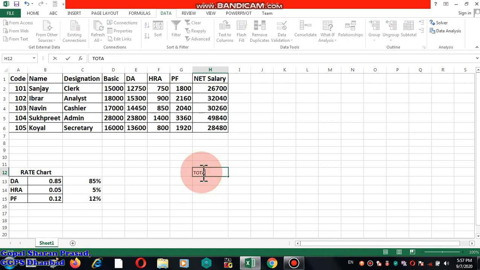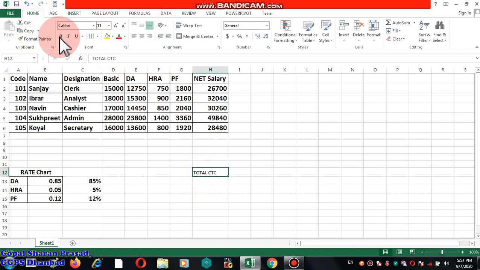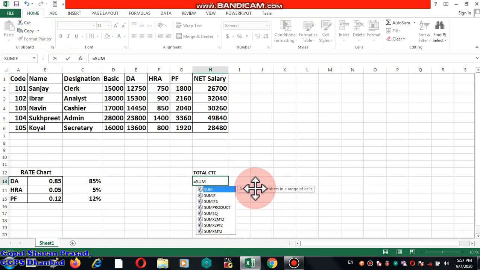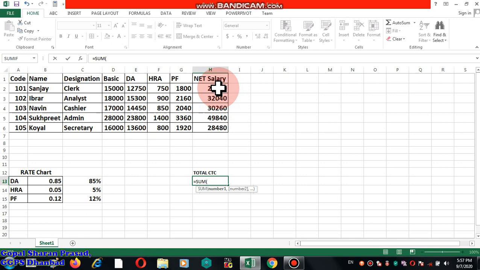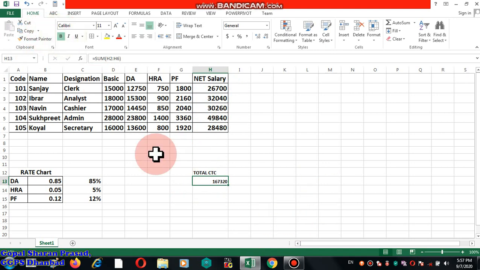Total CTC. Total CTC calculate over here. These are total CTC, total payment. More than it is being paid, but let us stop here.